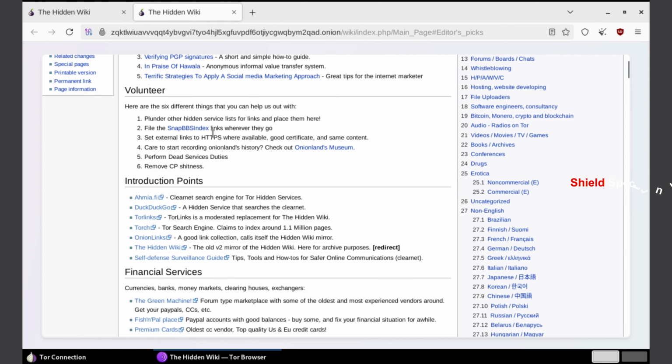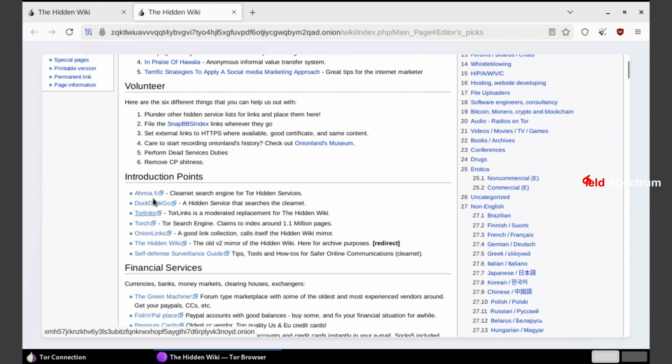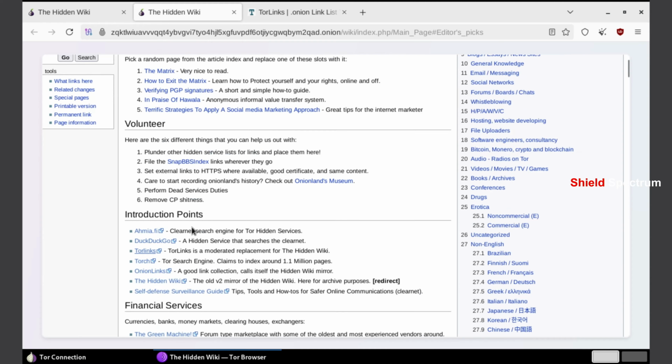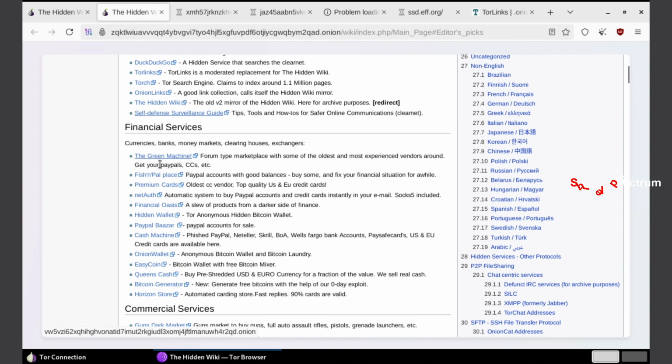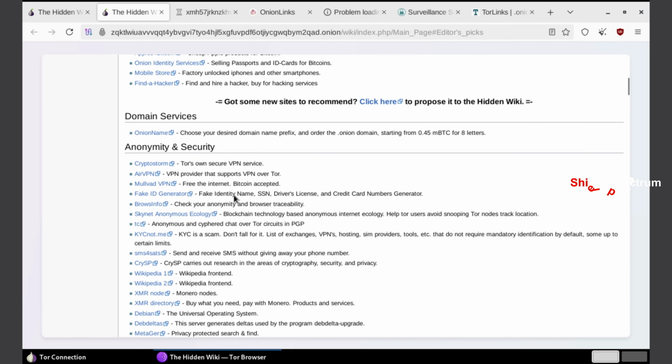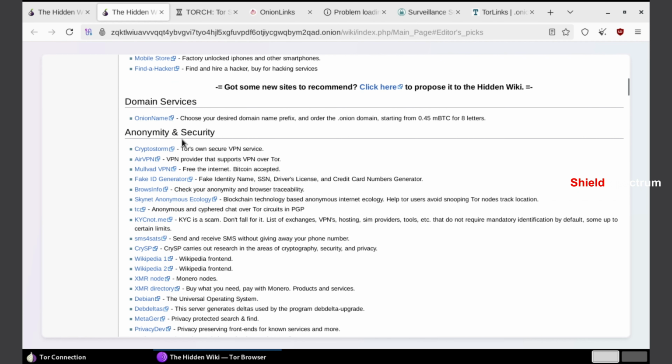Inside the Hidden Wiki, in the introduction section, you'll find links to popular dark web search engines such as Ahmia, DuckDuckGo Onion version, Tor link directory, Torch, Onion link lists, the Hidden Wiki itself. Hidden Wiki's anonymity and security section has tips for using Tor and Tails safely, VPN setup guides, how to avoid